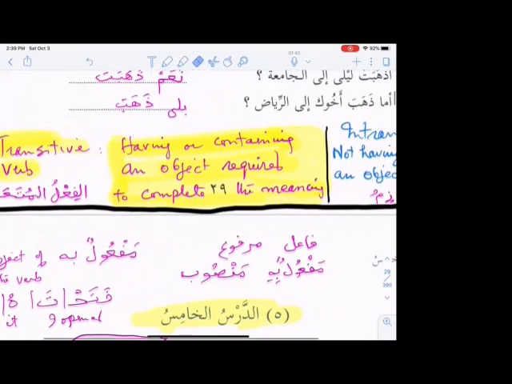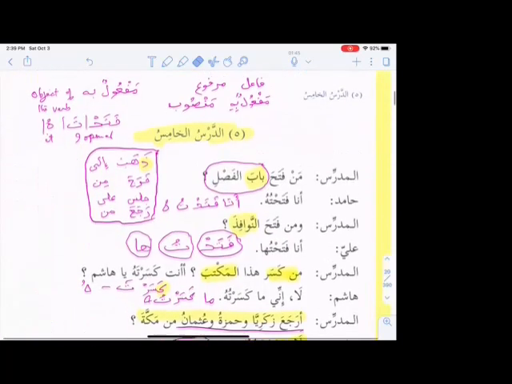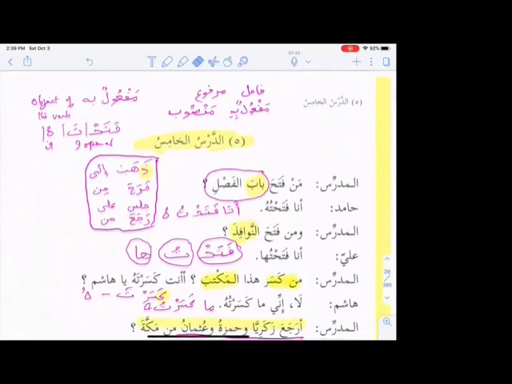And then what is intransitive? Not having or requiring any object. In other words, if I can say simply, the verb is always there, an important part of the sentence, and with the verb comes the fa'il. That is extremely important to know. A sentence which is a verbal sentence cannot be without a fa'il. It has to have a fa'il. That is why I used to say before,